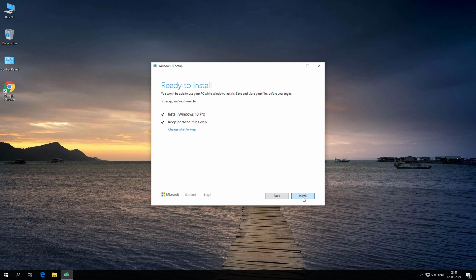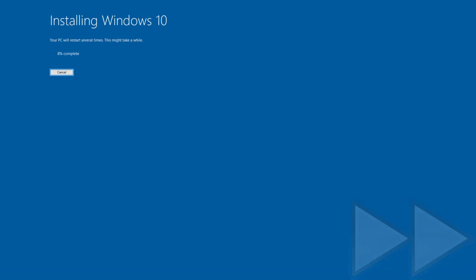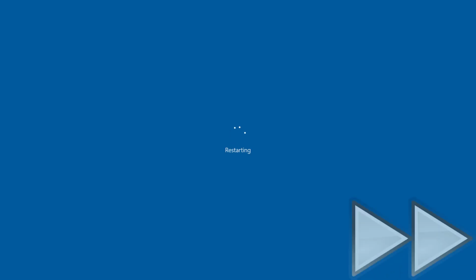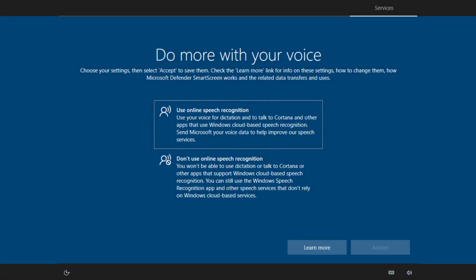Click on install, and this will factory reset Windows 10. It's better to disable all options, but if you want, you can enable them.